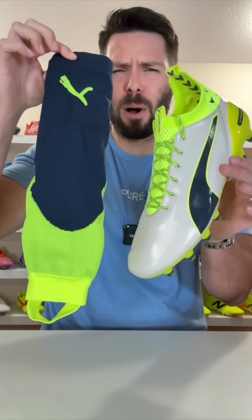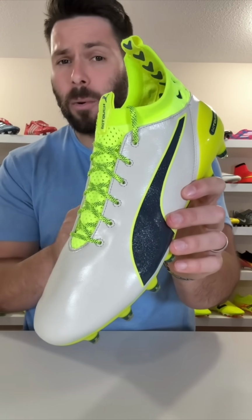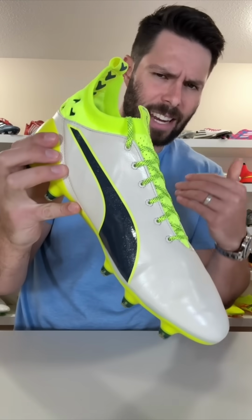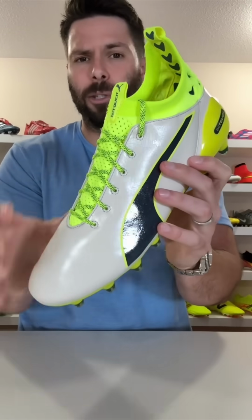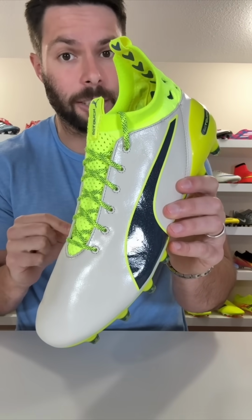Would you ever wear football boots barefoot with no socks? Well, in 2016, Puma was of the opinion that you should, where we already had Evo Speed and Evo Power, so it was only logical for them to introduce this football boot right here, the Evo Touch,